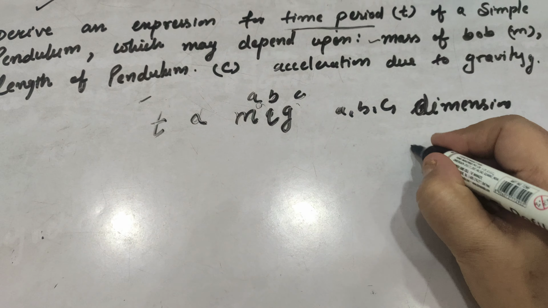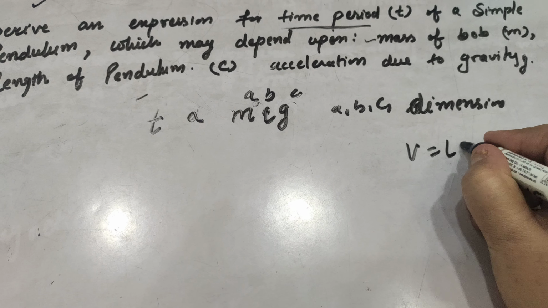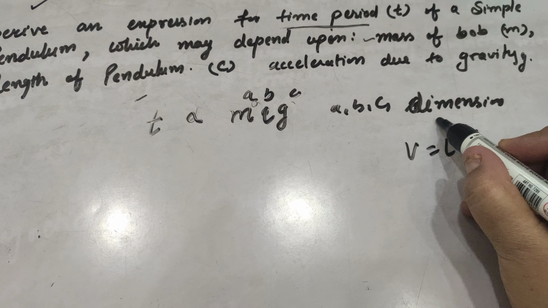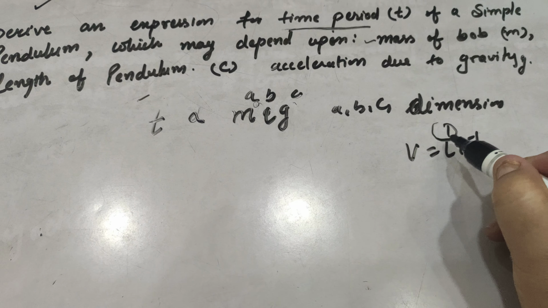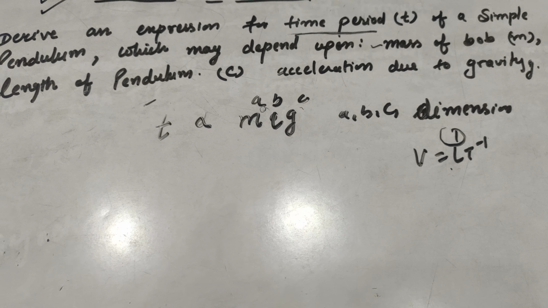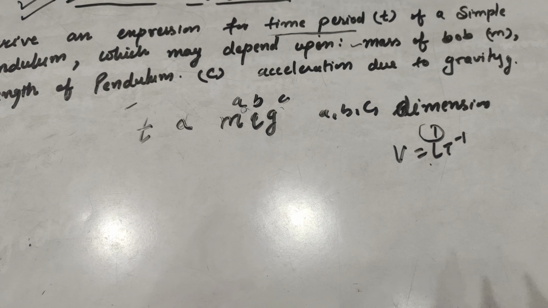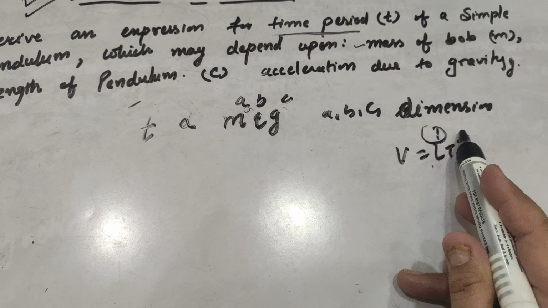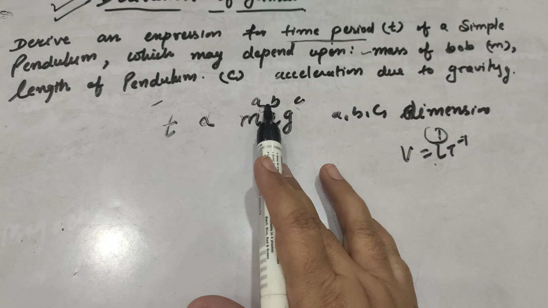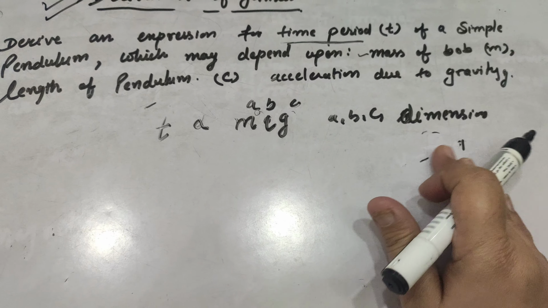For example, if we write velocity is LT^-1, here L is 1 and T is -1. So from this we can see velocity contains one factor of length and one factor of time inverse. It means L upon T. Similarly we need to calculate this a and b. Since it depends upon three factors, we need to calculate a, b, c